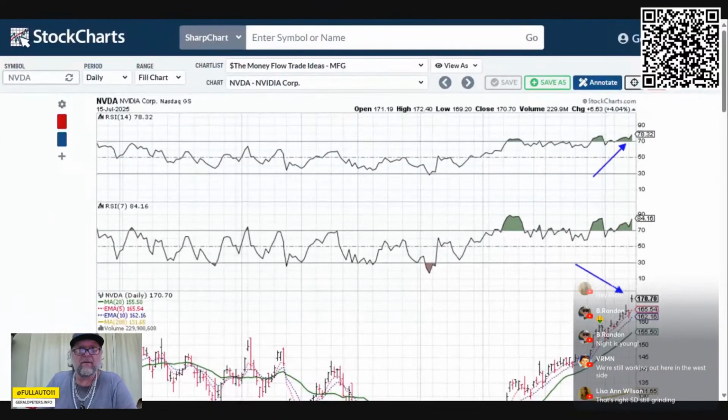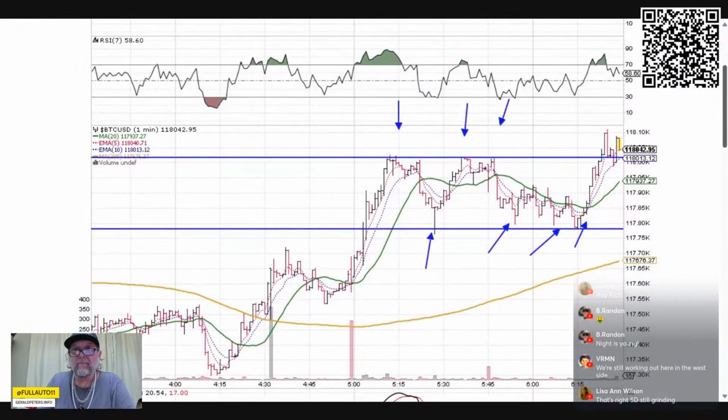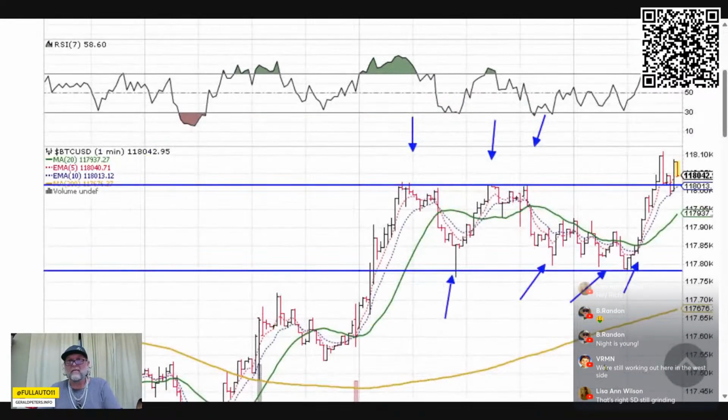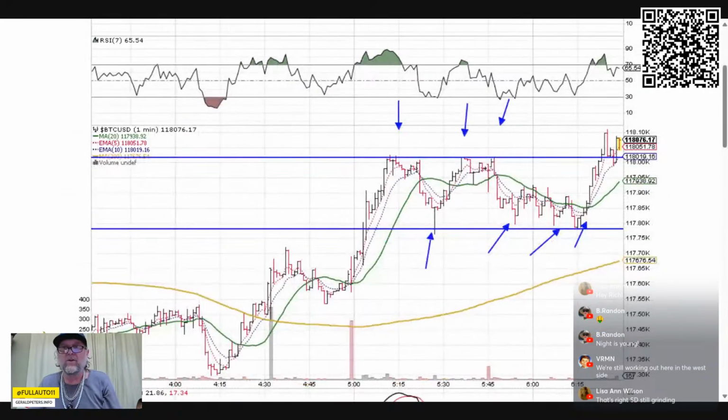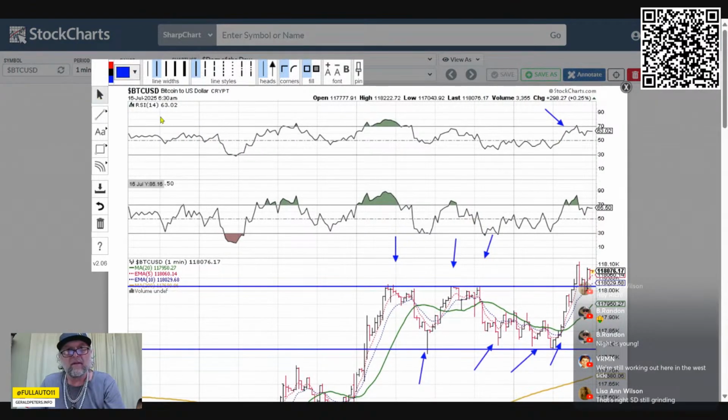Let's check out our 1 minute Bitcoin chart we're watching. All right, now I marked this one up. And you can see we hit our profit target. So typically if I'm swing trading, these previous highs, just like we showed on the video there, right? So I look right to left, excuse me. And once we hit those, especially in the shorter term trading, like if I'm day trading or something,